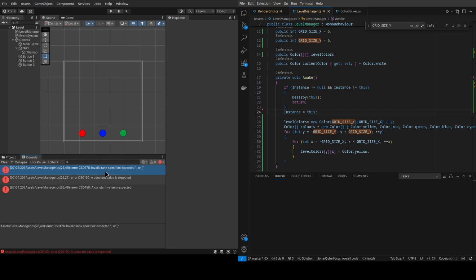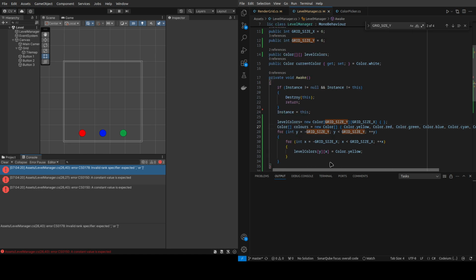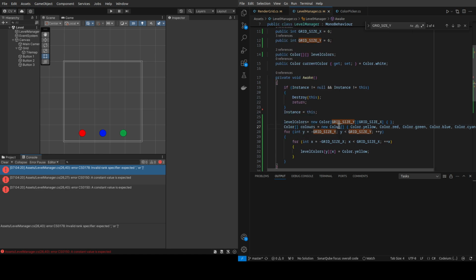Invalid rank specified. Expected comma or brackets 2640. This does not make any sense. This I just copy pasted. This should work. This should be able to deduce how many you need. That is 26. It is this one. He's like, oh, I can't figure out which one it is. Well,